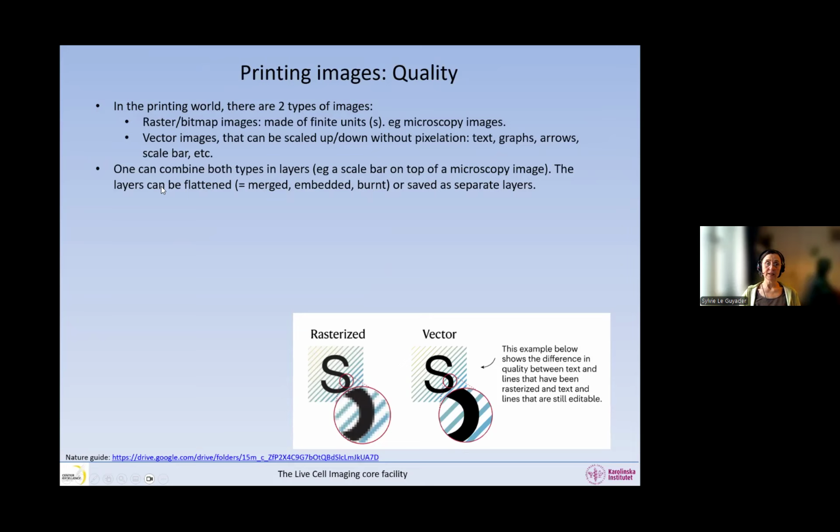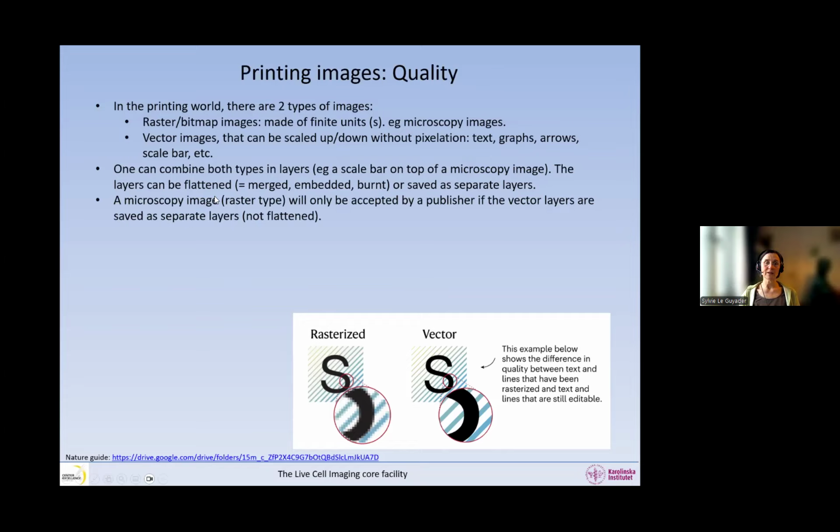If the vector image is flattened with the raster image, then we cannot separate them anymore, and when we zoom in and out, we're going to see pixels. But if they are saved as separate layers, then we can zoom in and out, and the annotations stay smooth like this, whereas the microscopy image shows its pixels.